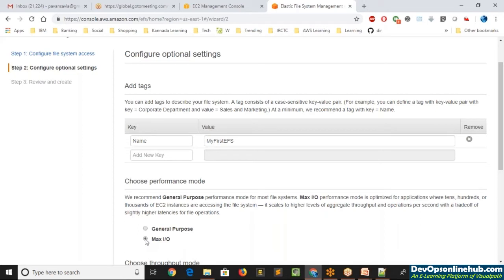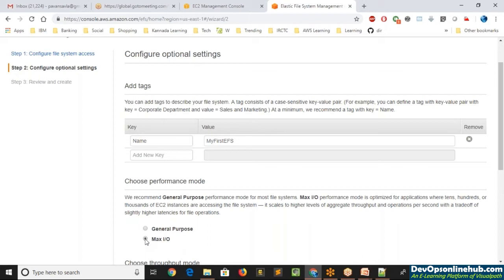So you don't have to specifically say I want EFS with 1000 IOPS or 500 IOPS or 5000 IOPS. No. It automatically adjusts itself with the number of EC2 instances trying to access the file system, but only then you have to mention whether you want a general performance or a max input output performance. So if you have more than 10 plus EC2 instances, it's better to go with max input output performance, and if you have less than that, it's better we go with general purpose.